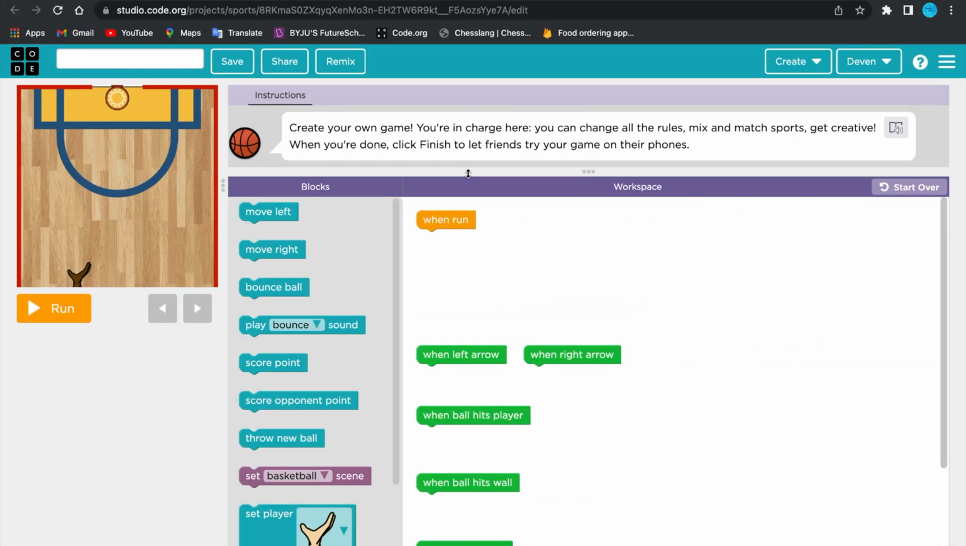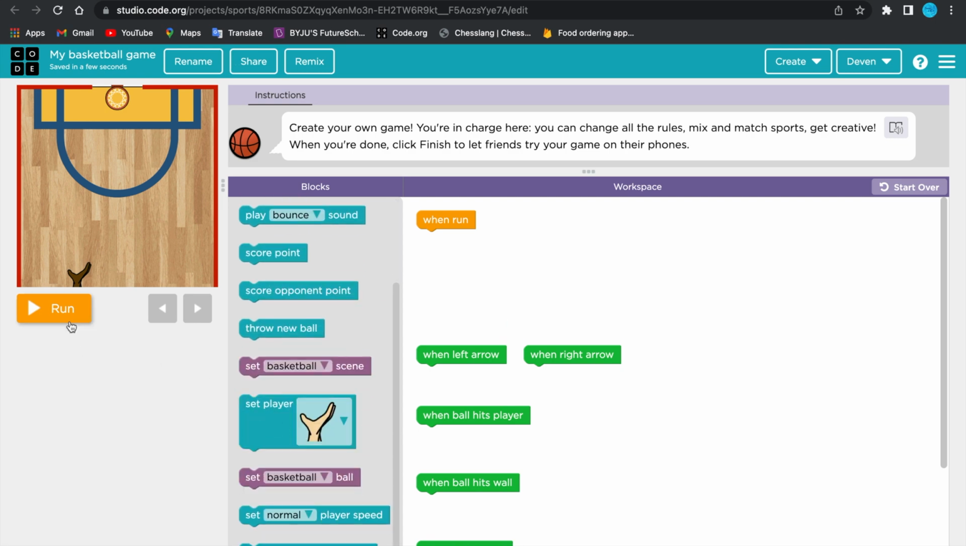Today I am going to be making a basketball game in code.org. So let's get started. We'll first name it my basketball game, and you click on save. When you click run, this button over here,